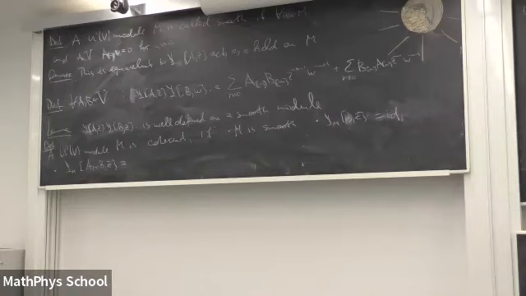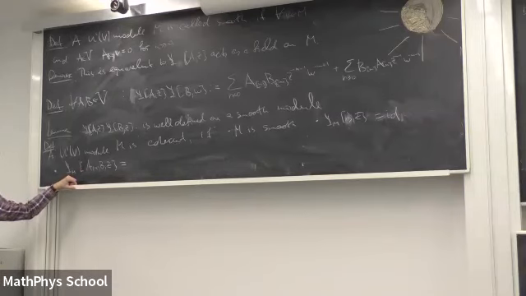Let me ask you: if we had no m here and round brackets, what would we have? If we just had a vertex algebra,